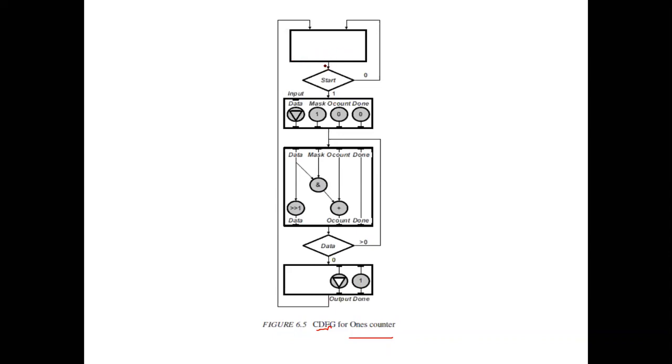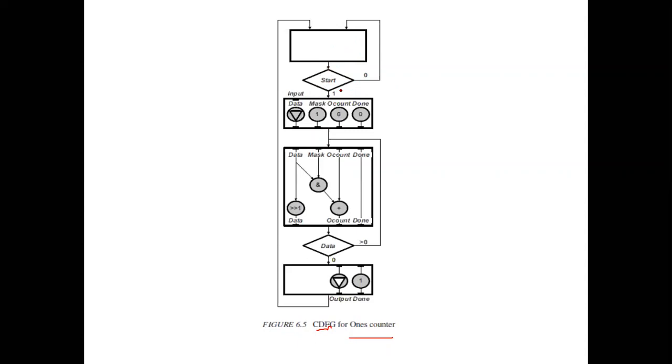Exiting that block, it will check the start condition, whether start equals 0. If the start is 0, that means the start signal is not given, it will again come back to the empty block and check whether the start is 0, and this will continue. Is it clear? The first block is empty, nothing has to be done over here. It goes through that block and checks whether the start signal is 0. If it is 0, it goes back to the empty block, and this continues till the start signal becomes 1.